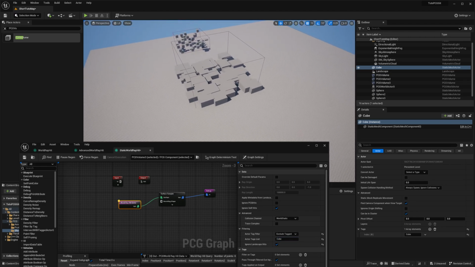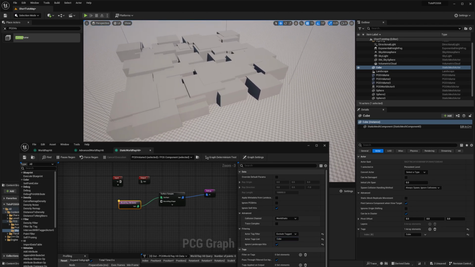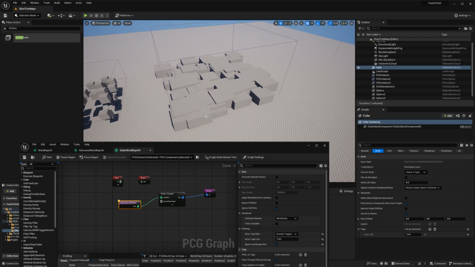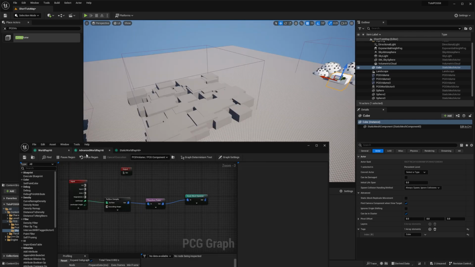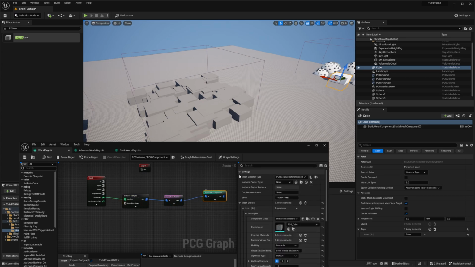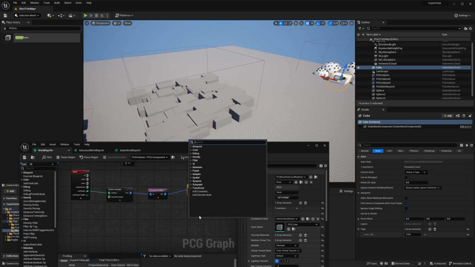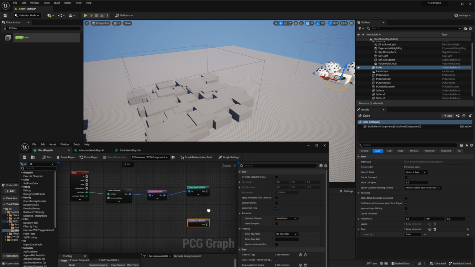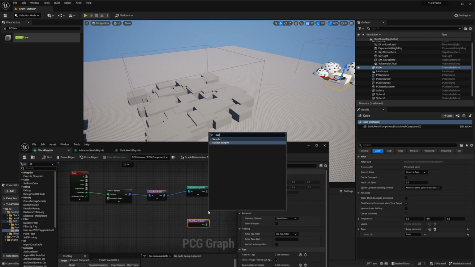Another case is where you want to do the same thing, but sampling on meshes you spawned with PCG or any other system. In this example, I have a very simple graph that just samples points, transforms them randomly, and spawns cubes. Same as the previous example, we can use the world ray hit query, then add a surface sampler,